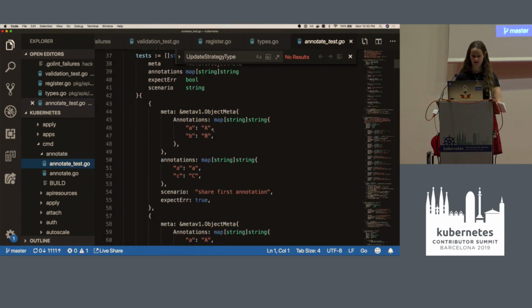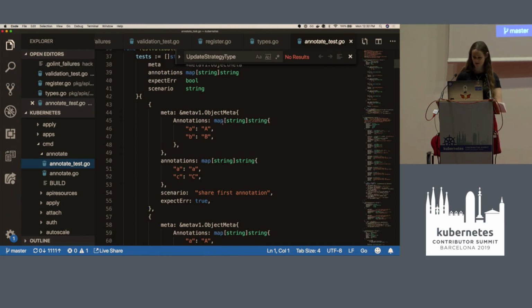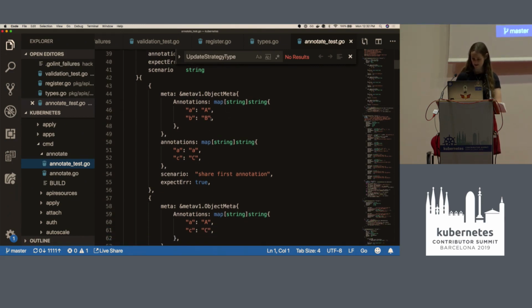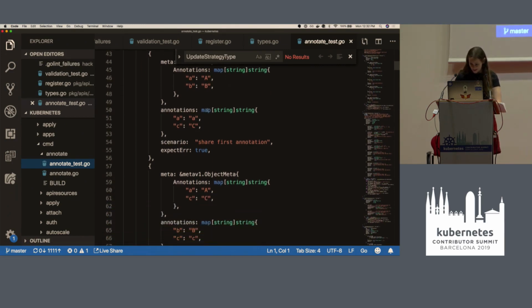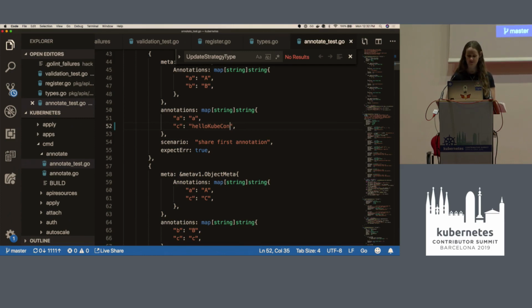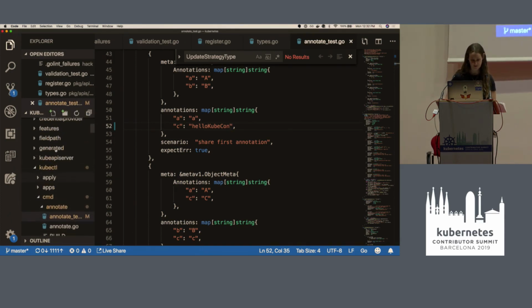Aha, here we are. Let's go ahead and change some of these test cases. Share first annotation, expect error true. Okay. Hello, Kubecon. What I'm doing is literally just changing a test object to show you what will happen if you run tests on this particular package. So we are running